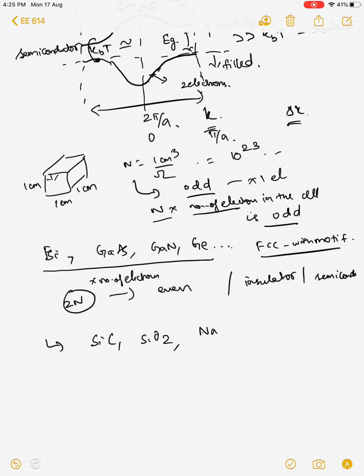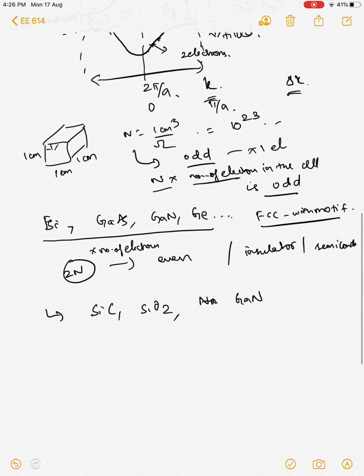There's also sodium, gallium nitride and such, which have band gaps much larger than the energy in the temperature, so they act almost like insulators. Right? So in addition to this important aspect of differentiating between a semiconductor, insulator and a metal, the band structure also